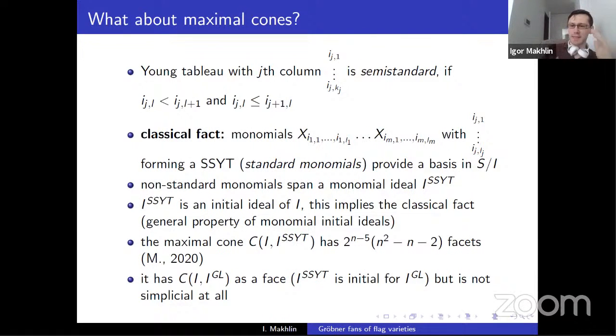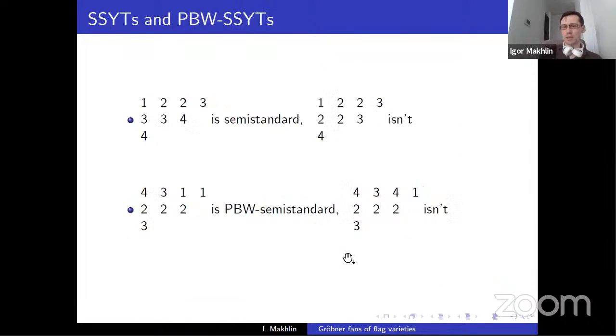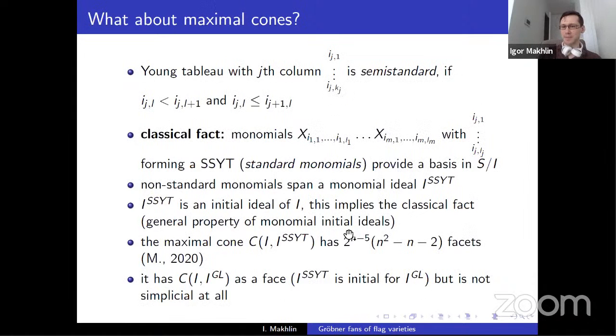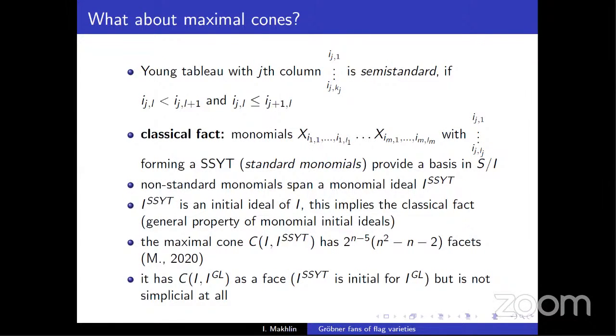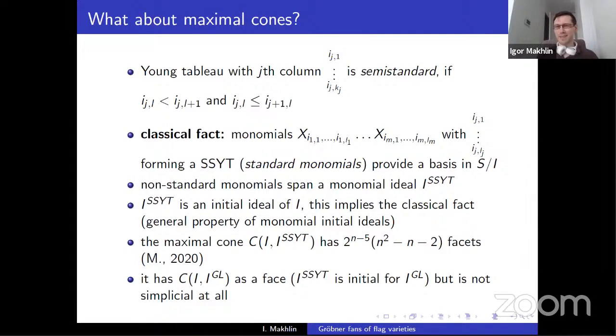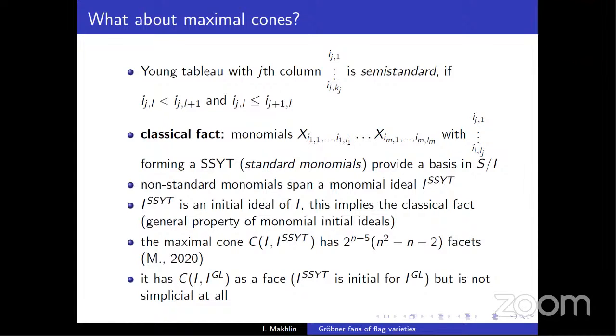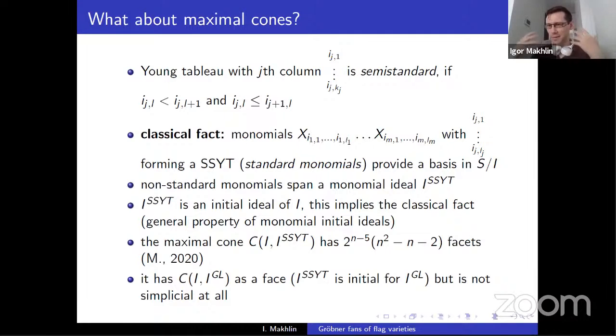So, for instance, here, we have this characterization of this maximal cone in the Gröbner fan, right? We know its facets. It's an explicit description. But Igor, I always see such a huge number. I feel hopeless. Yes, so do I. What does it mean? We know exactly. How do you know exactly 2 to the power n minus 5? Well, of course, there is some combinatorial